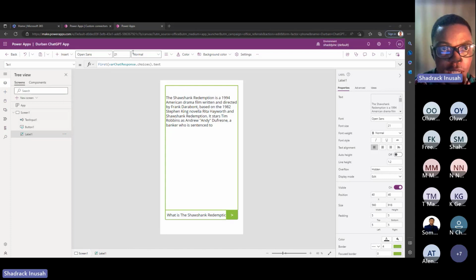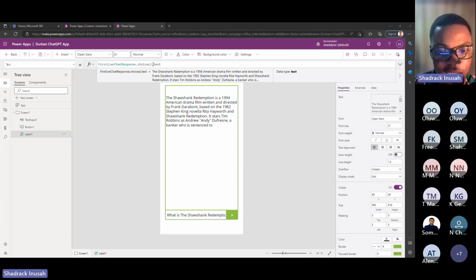Then the .text property is used to access the text content of the first element in the choices property. This property contains the text content of the first response generated by the language model, so that in the chat conversation, we can have that kind of conversation in there.